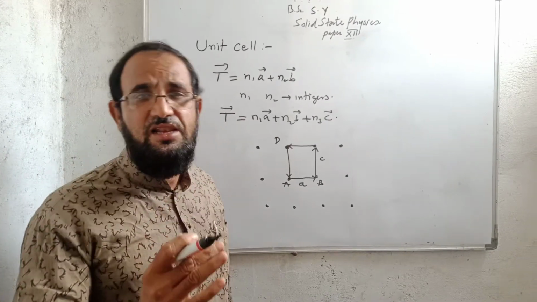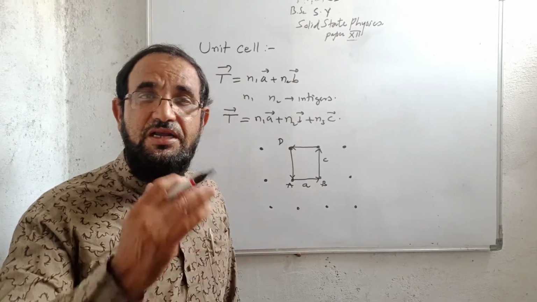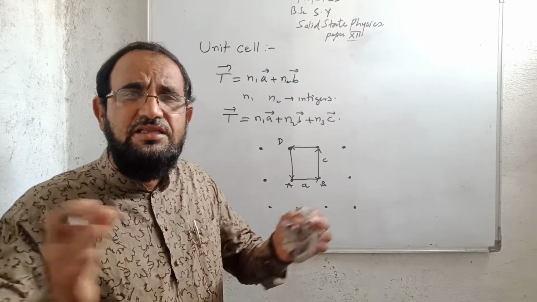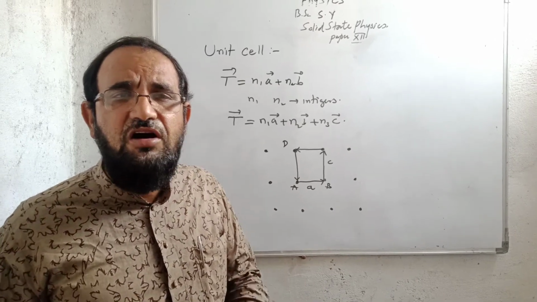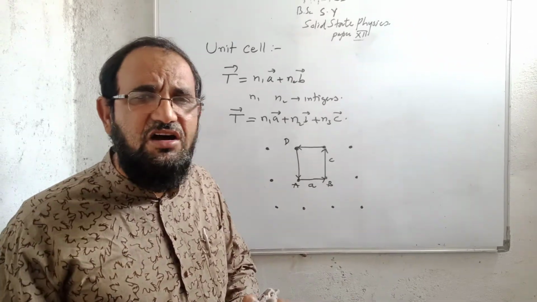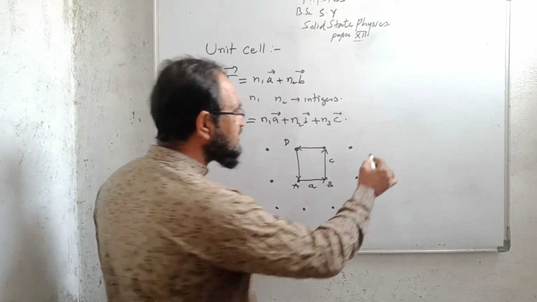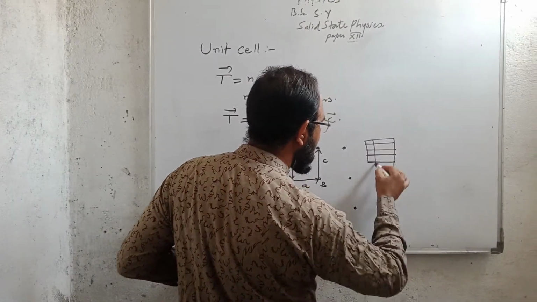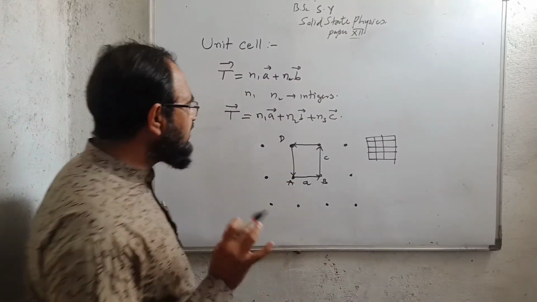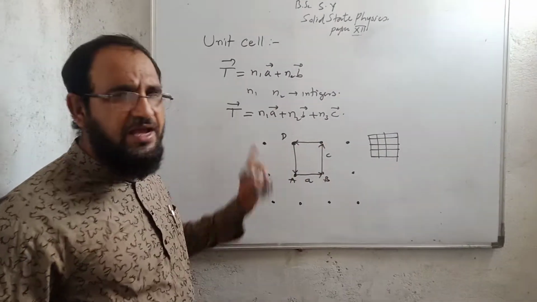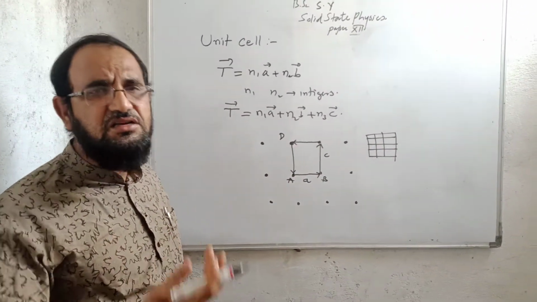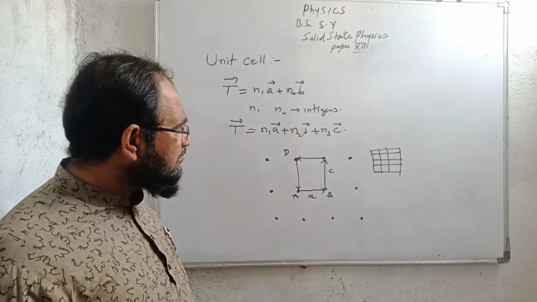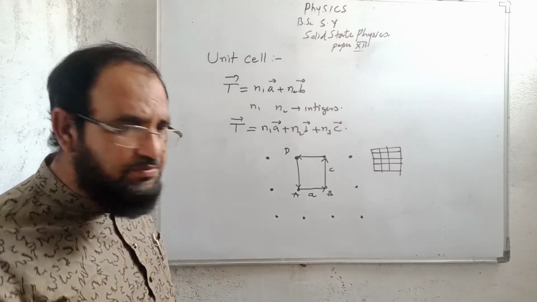So unit cell is nothing but the basic building block of a crystal. Basic building block means if we go on combining the unit cells, we are going to form a crystal. Means a crystal consists of a large number of such cells, unit cells, and in each cell there are the molecules or the atoms which are situated at the corners or at the center of the unit cell. So unit cell may be of different types. It is a basic building block.